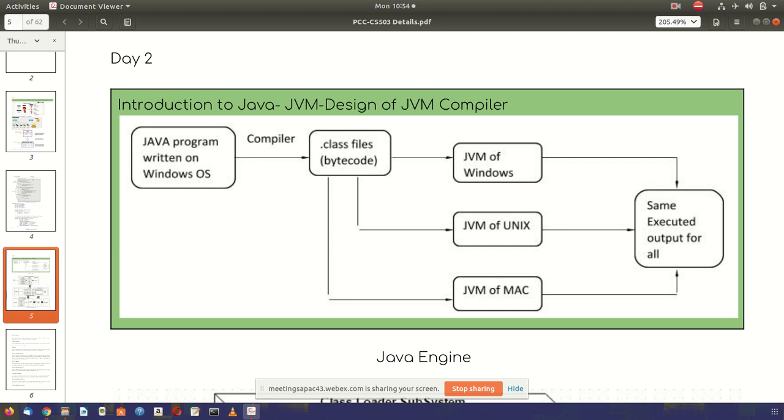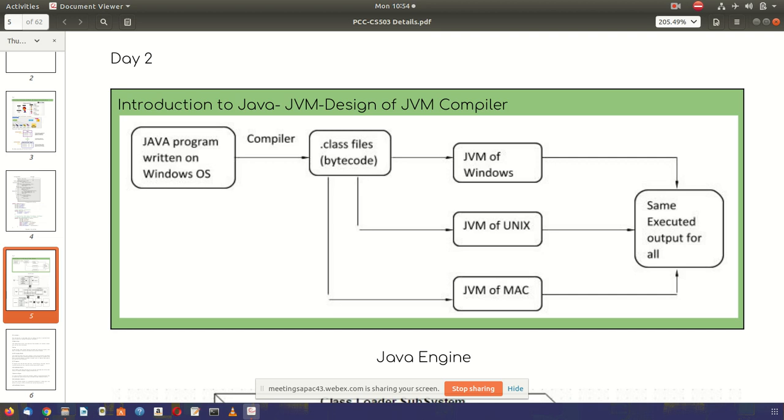Now what we mean by mapping hardware into software, that means it is a virtual machine. It's a virtual machine. When we install something into the system, the Java program installs a virtual system.